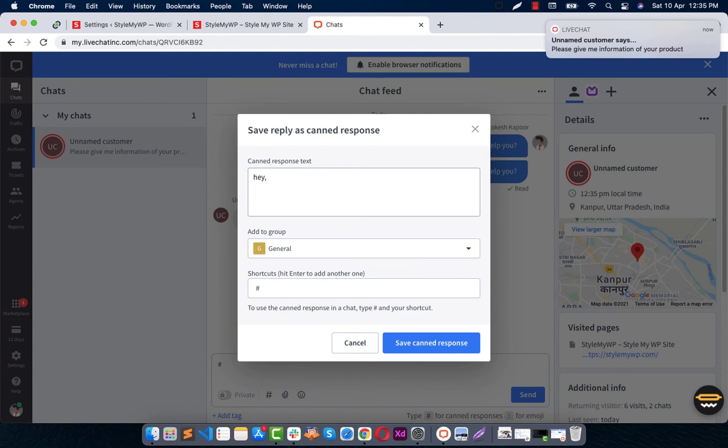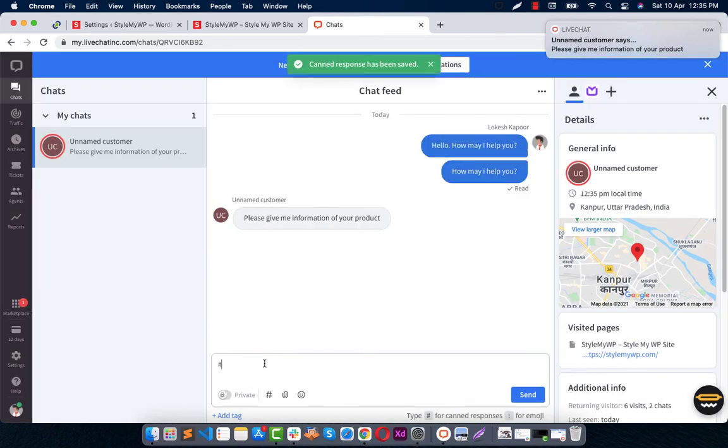Hey, kindly let me know your query in detail. So here the shortcut, I can use query. I save the canned response, and now when I use this query, this will pop up the canned response. So when you enter, this response will come out. So this is how it all works.